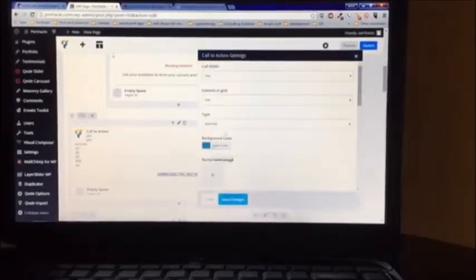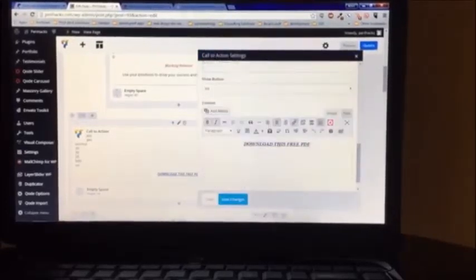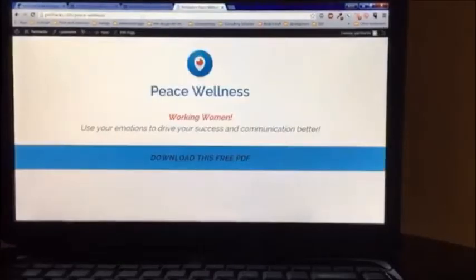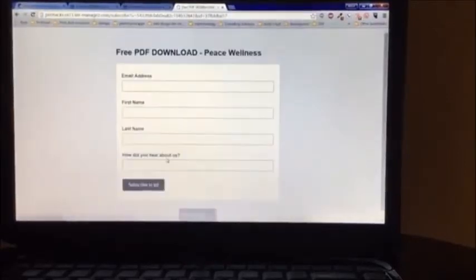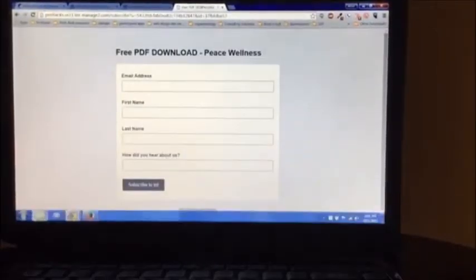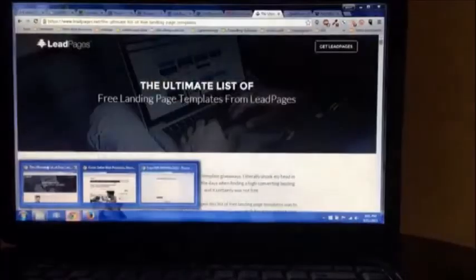And then once we put the URL attached to this download free PDF, save the changes, and then we come here and refresh. That's your download link. So once we click there, it goes to where? It goes to an email page. Boom, we fill this out, we confirm it, and then once we confirm it,